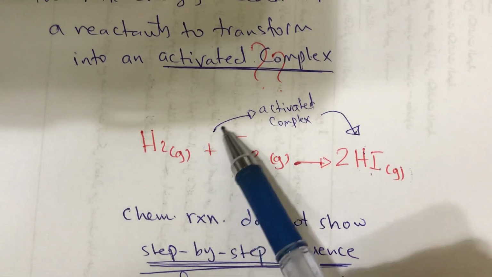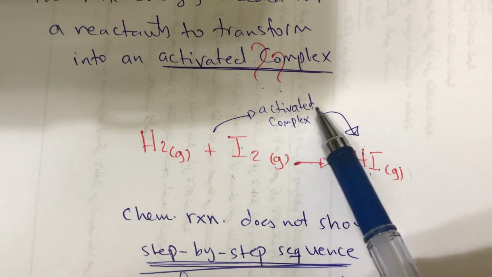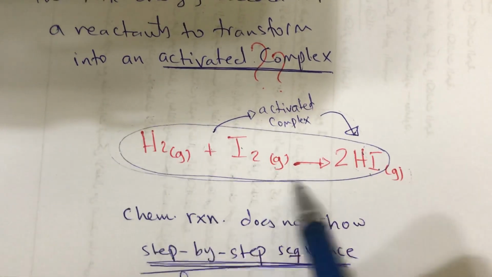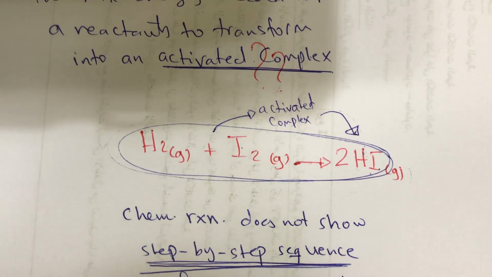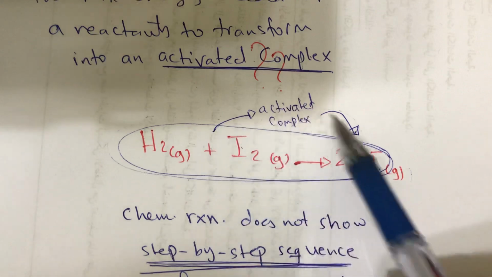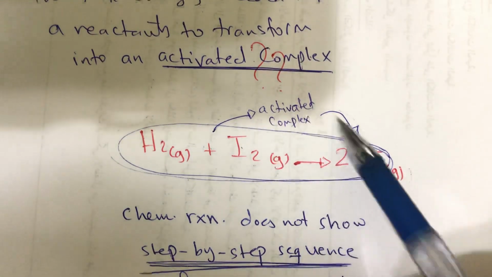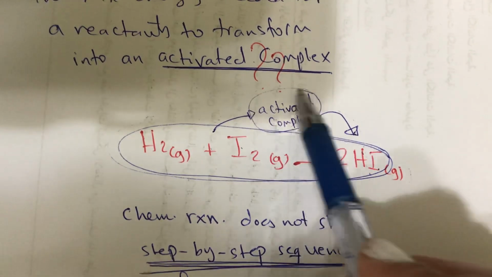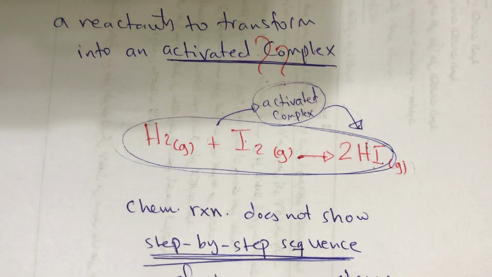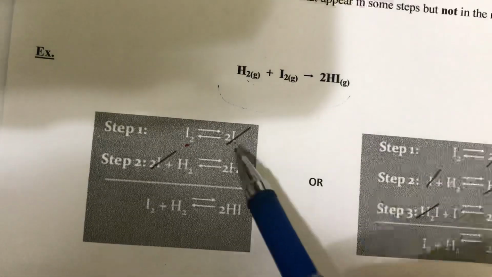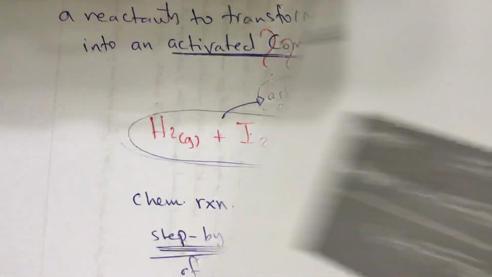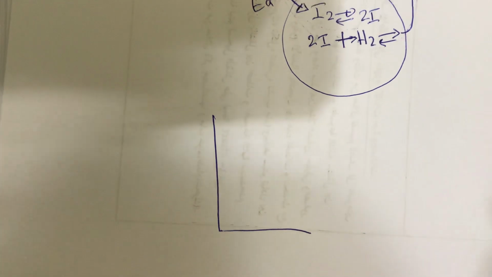So the reactants transform to activated complex, then activated complex transforms to product. Again, in the net equation, you can't see the mechanism of the reaction or what the steps of the reaction are. And in the net equation, you can't see the activated complex or intermediate because it is deleted when you add the equations to each other, and here is the net equation. So if you want to draw again the energy diagram here,